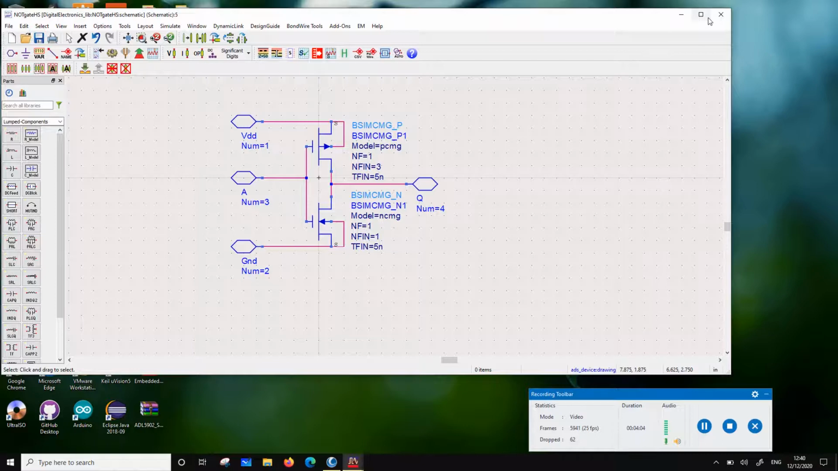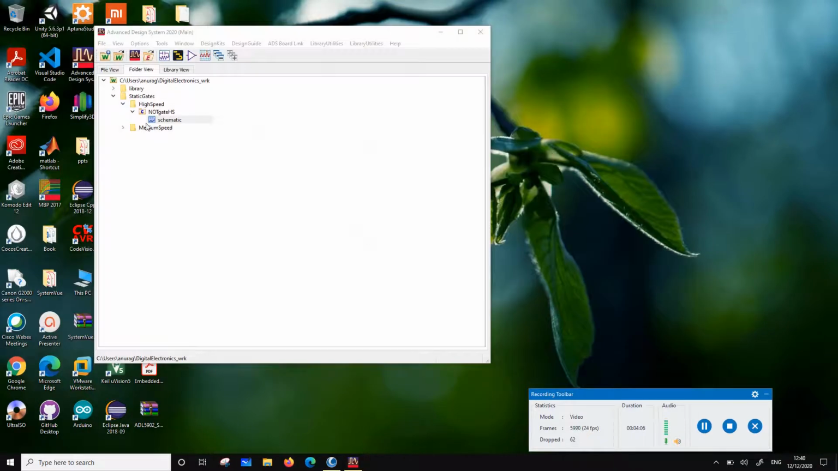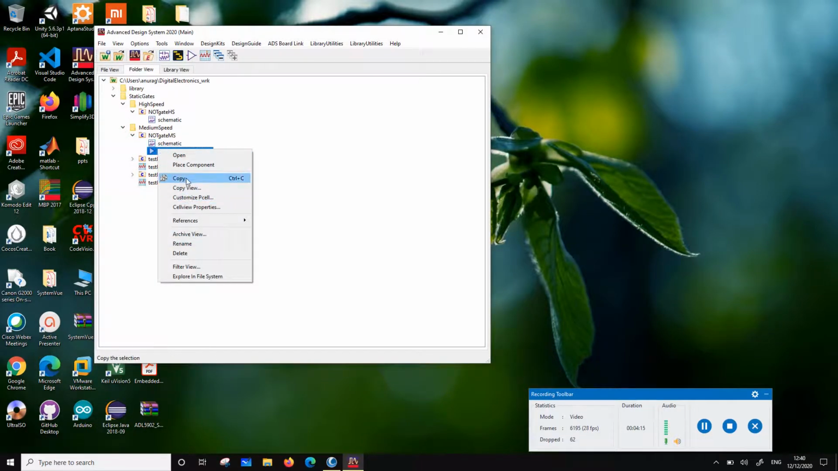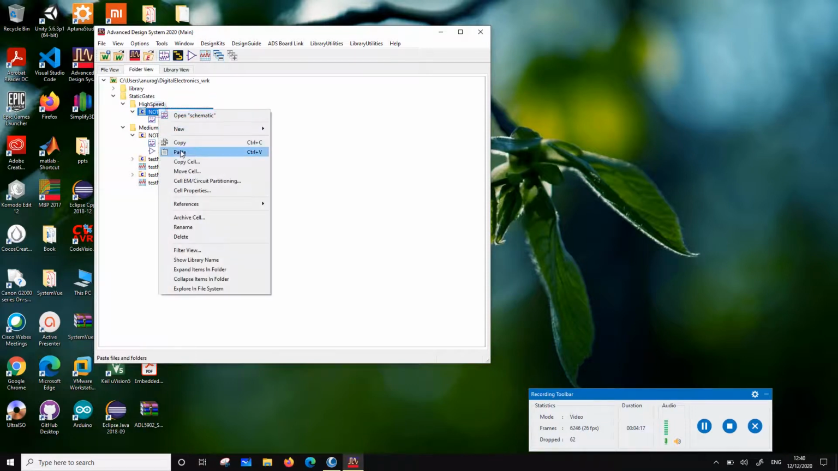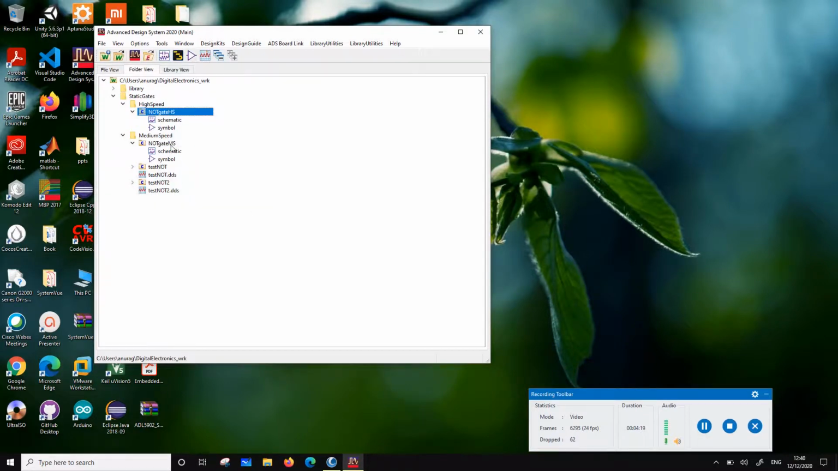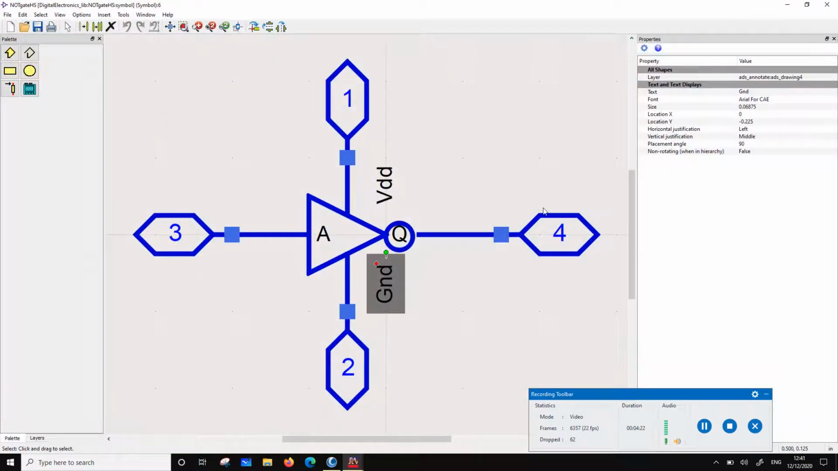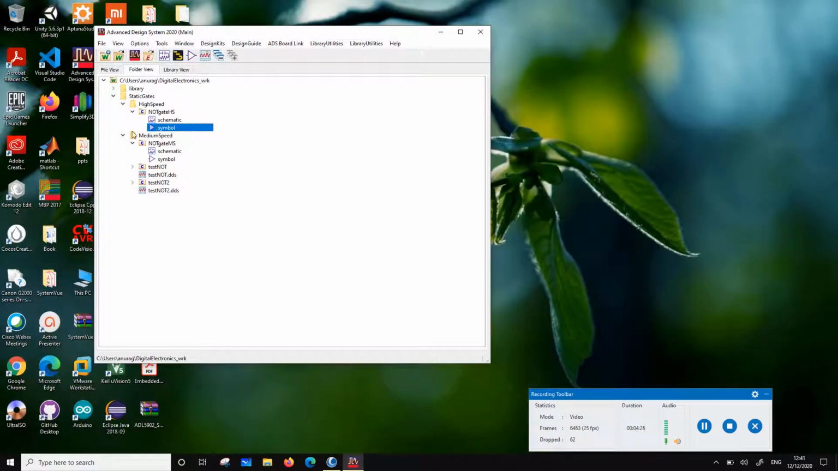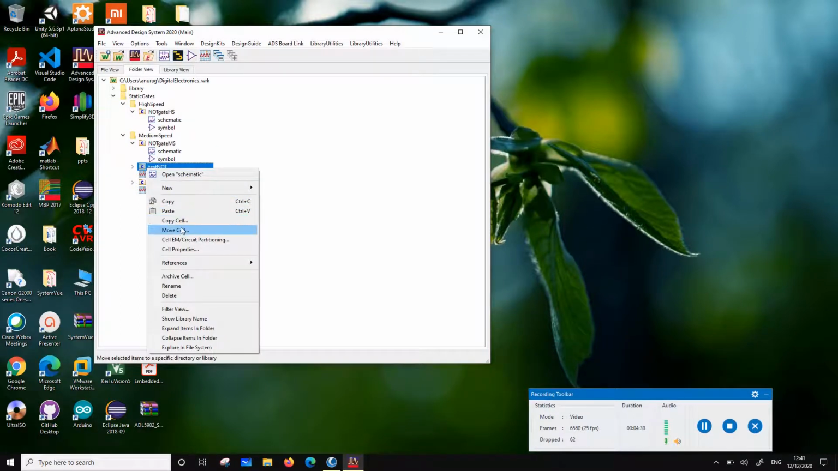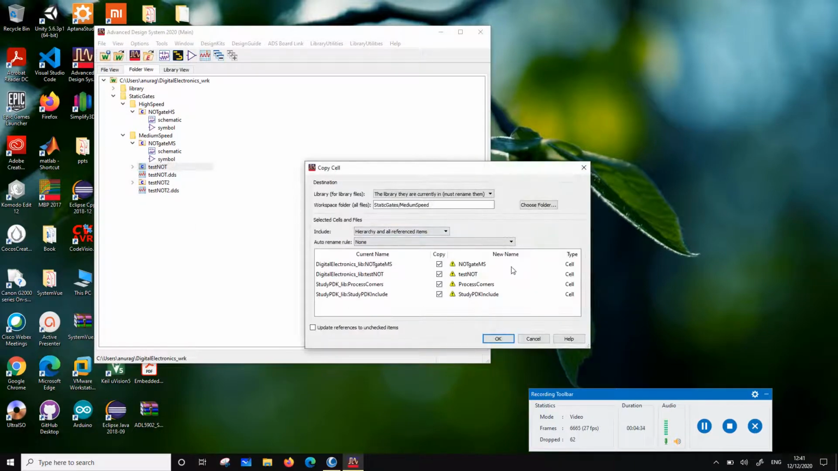Now I'm just going to copy the symbol of the previous one. I can copy this symbol and paste it in this cell. So I have a symbol for this; the same symbol I can use, because the pin numbers and pin names are the same. And then I can test it. So I can even copy this test not. Copy cell, and I will